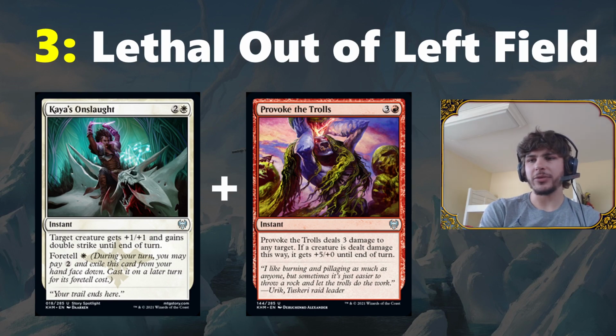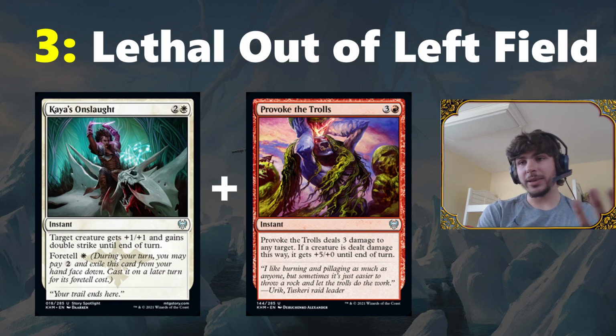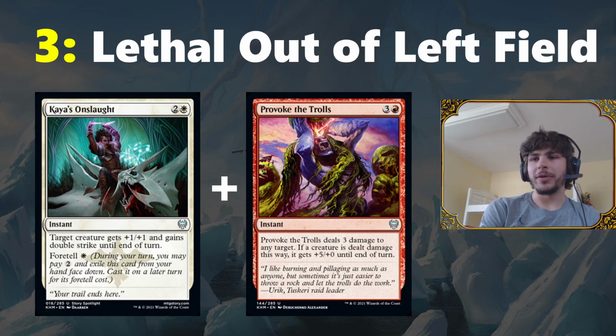So if you have a 3/3 creature, you can put the Kaya's Onslaught on it to make it a 4/4, then you use Provoke the Trolls, deal 3, it's still going to be alive with 1 toughness, and it's going to get +5/+0, so all of a sudden you have a 9/1 double striking creature, and you're hitting your opponent for 18 damage. You can also use it with a 4/4 creature to do an extra 20 damage, so literally